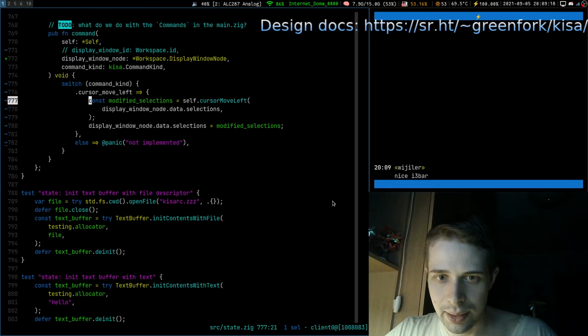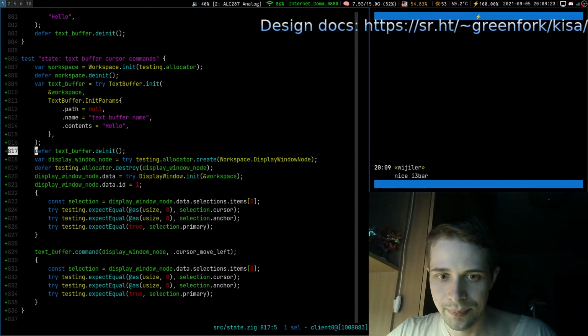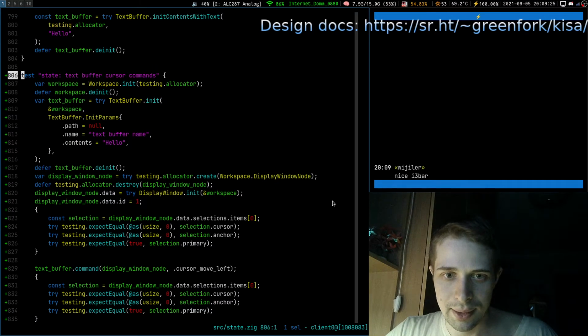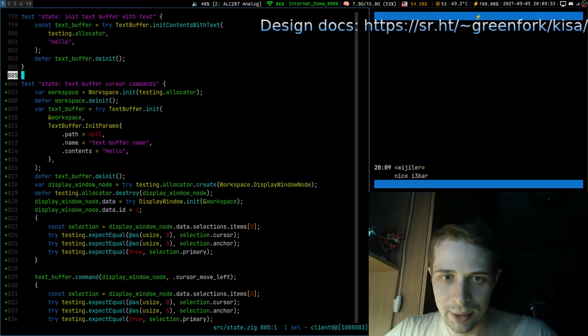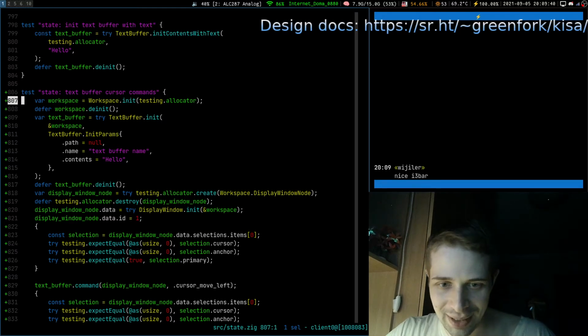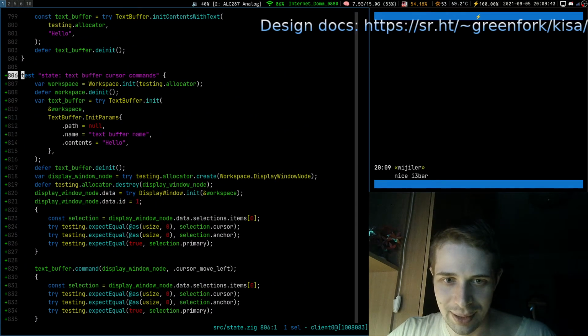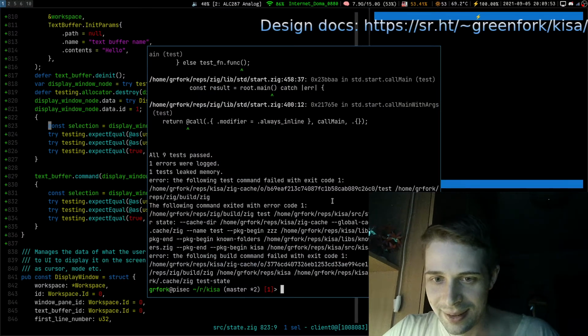Okay, let's go and check out our test case. Man, here it is, it is 30 lines just for move left. I want like 10,000 lines of tests for all the movements of cursor. It is a lot of code for just moving left, and it is just a corner case when we are at the very start. We should also have a case when we are not at the start.